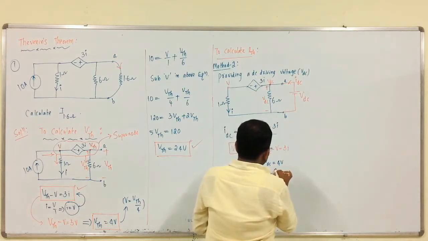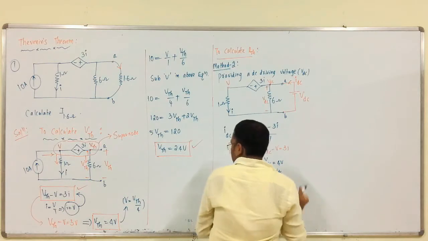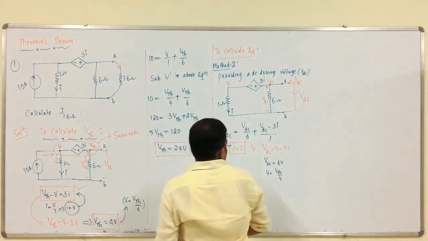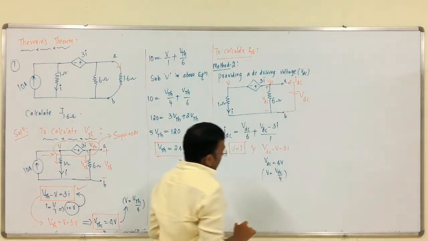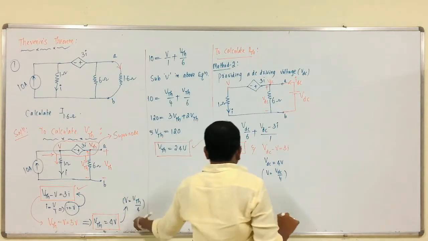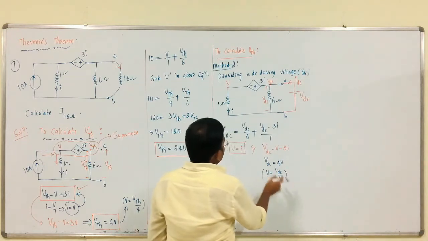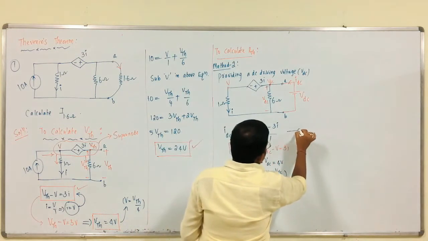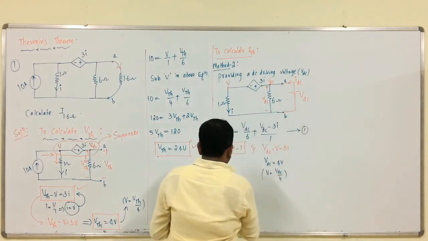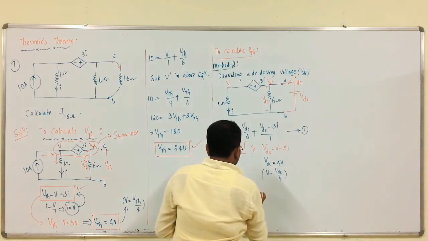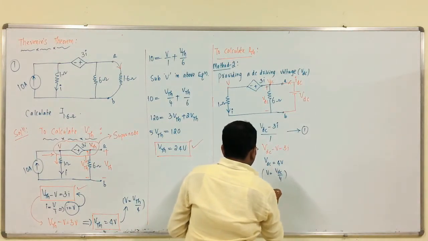So, V is equal to VDC by 4, the same equation we got here. So, V is equal to VDC by 4, then this is for example 1, substitute V in 1,